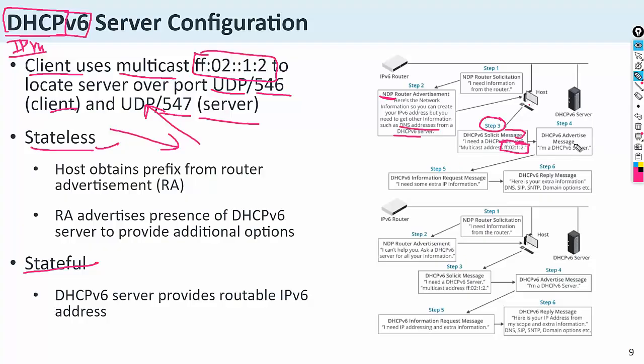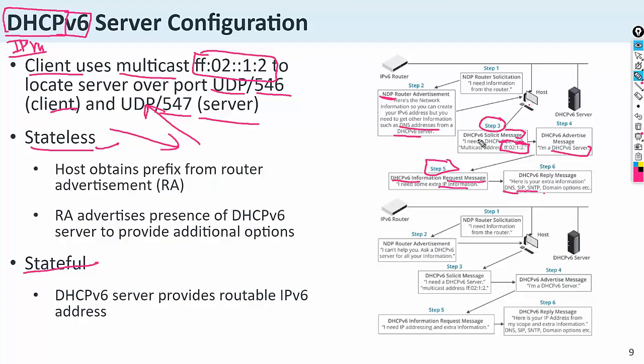Then the DHCP server will say, yes, I am the DHCP server, I can provide you the IP address. Then it will follow with the request for the IP, and I need some other information along with the IP address. The other information is DNS, SNTP, SAP, this type of information, default gateway information as well.